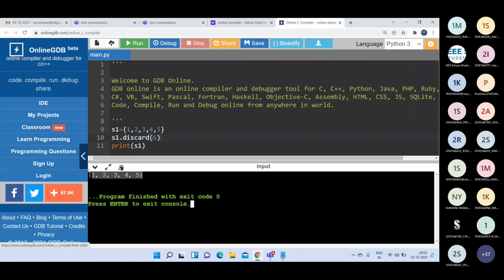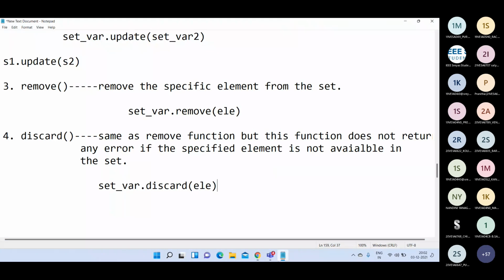But with the discard function, suppose I'm giving discard of 3, then we'll get 1, 2, 4, 5. If the element is there, that will be deleted from the set. But if the element is not there, then it will not show any error. That is the difference between discard and remove function.